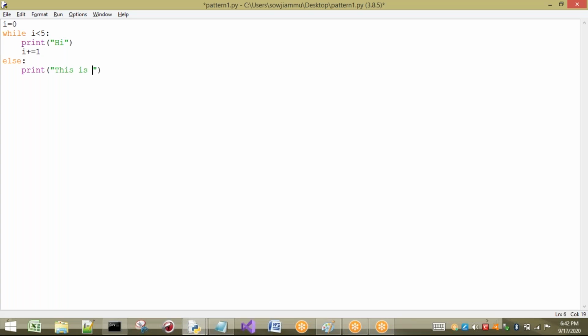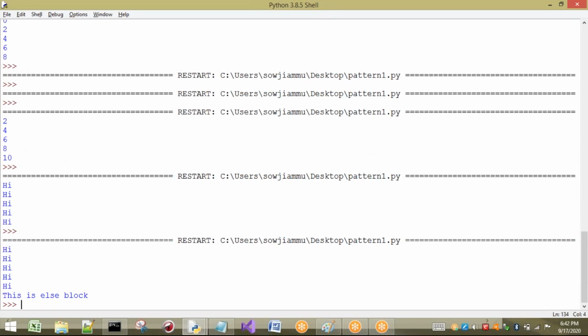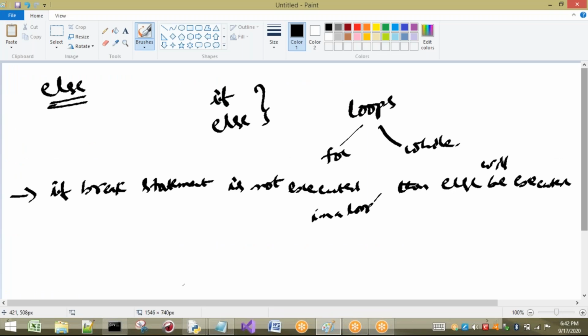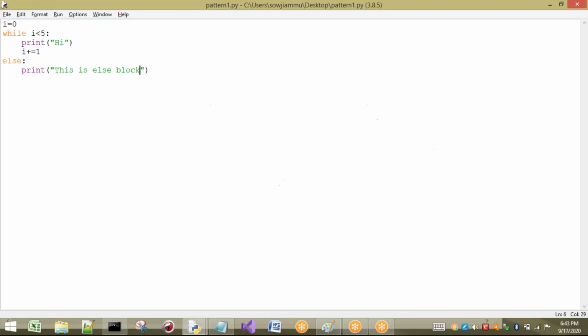Now see, the else block is executed. The reason is the statement I have written here: if the break statement is not executed in a loop, then else will be executed. Now tell me, is there any break in your while loop? Not there. So automatically the else statement will be executed.